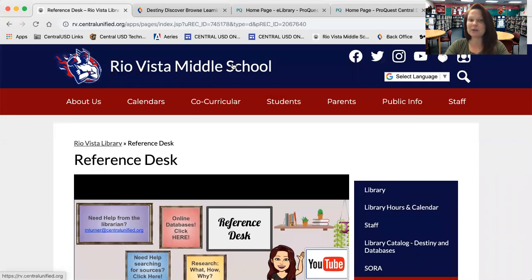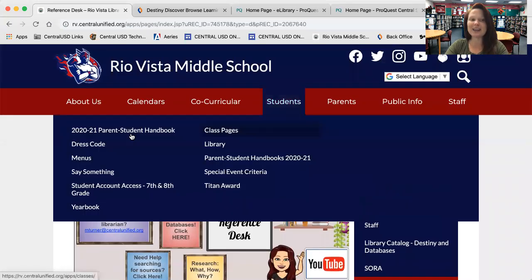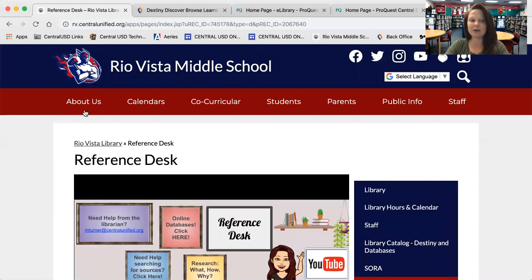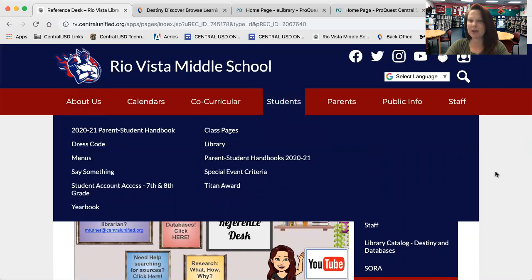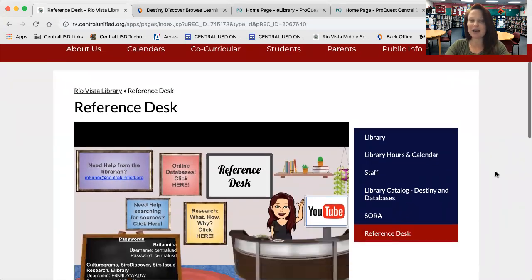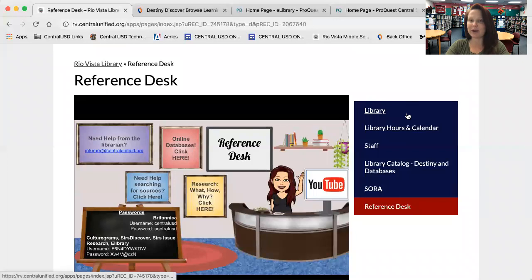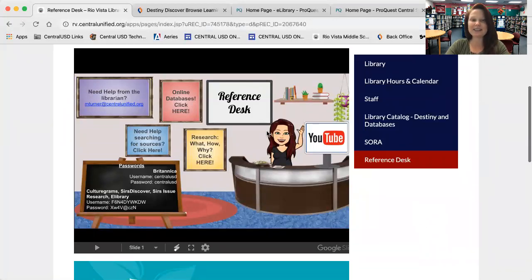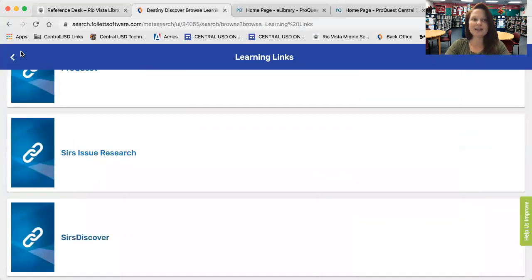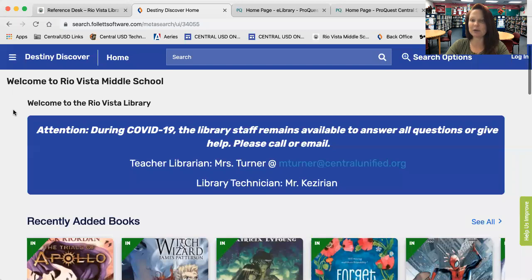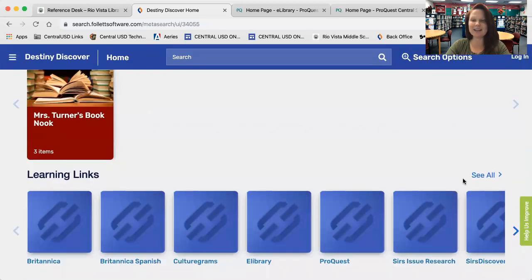We're at the Rio Vista Middle School website page, and you can go to the library page by either searching on the About Us in our library or Students under Library. That'll bring you to our library page, and you are going to go down on our right-hand side menu to Reference Desk. Once you get here, you can see our Reference Desk virtual classroom, and you click the red picture frame saying Online Databases, click here. Once you get to Destiny Discover, you will scroll all the way down to the bottom and click in Learning